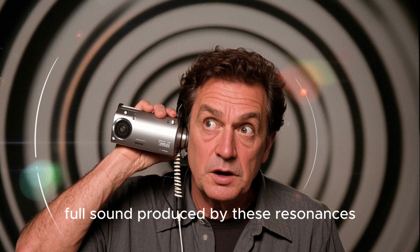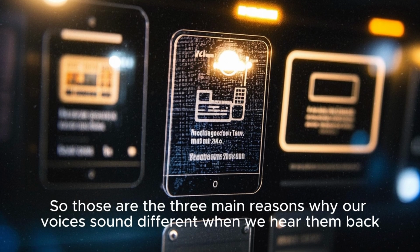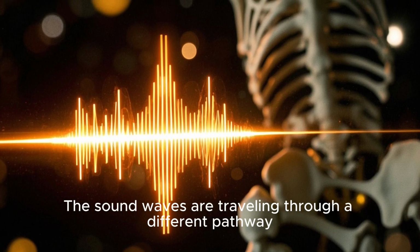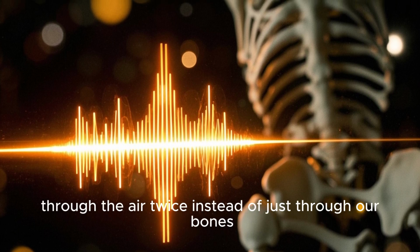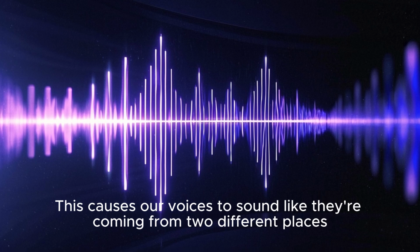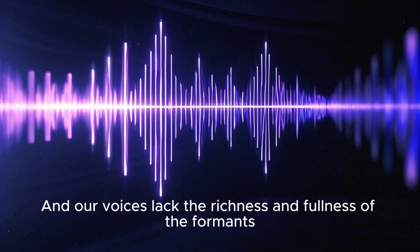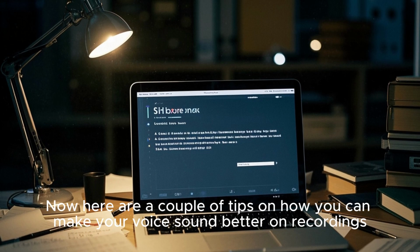So those are the three main reasons why our voices sound different when we hear them back. We're hearing them for the first time. The sound waves are traveling through a different pathway, through the air twice instead of just through our bones. This causes our voices to sound like they're coming from two different places, and our voices lack the richness and fullness of the formants. Now here are a couple of tips on how you can make your voice sound better